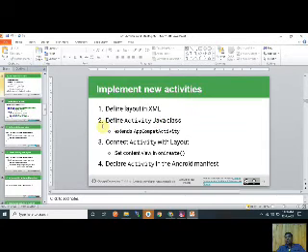Now implementing the activity. To implement a new activity, define the layout in XML, define the activity Java class extending AppCompatActivity. Now it is working at version 7. Next, connect the activity with the layout, set content view in onCreate, and declare the activity in the Android manifest. We worked on the projects in Android Studio in previous lectures, so that Java class is also here.